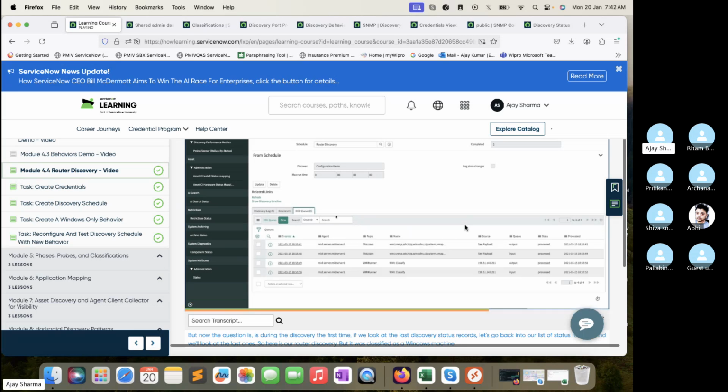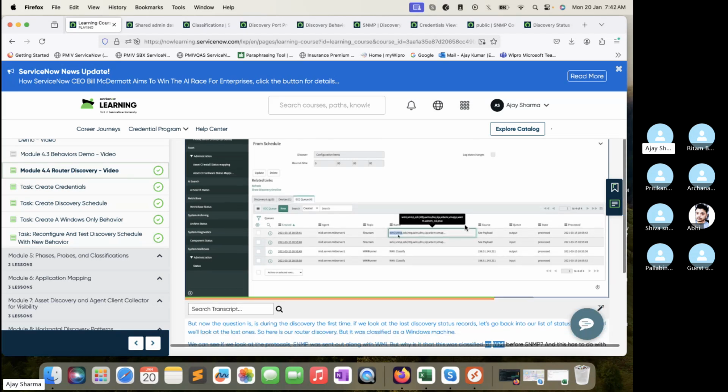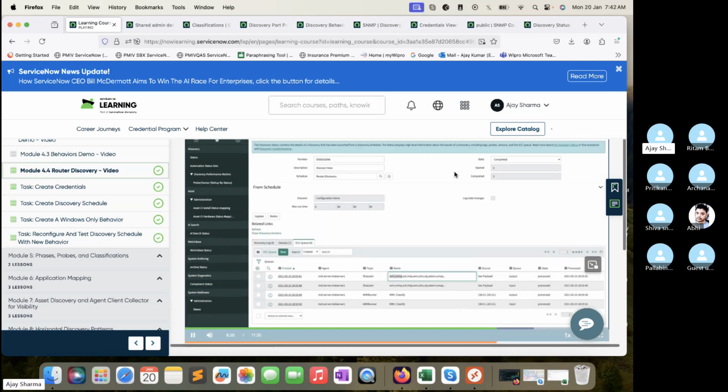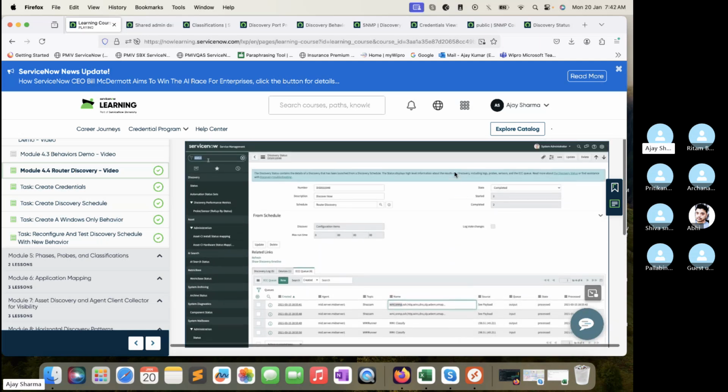All right, and if we look at the protocols, SNMP was sent out along with WMI, but why is it that this was classified as WMI before SNMP? This has to do with the classifications of our probes. So if we look at the port probes that are being sent out,